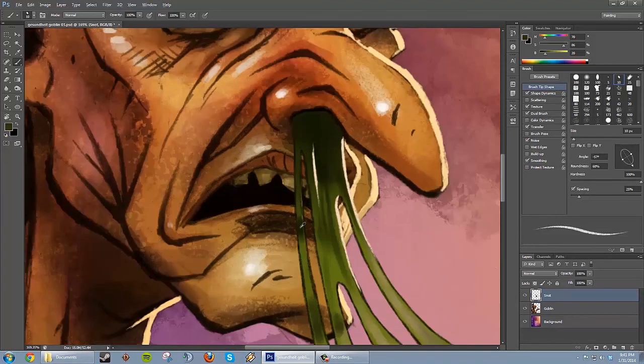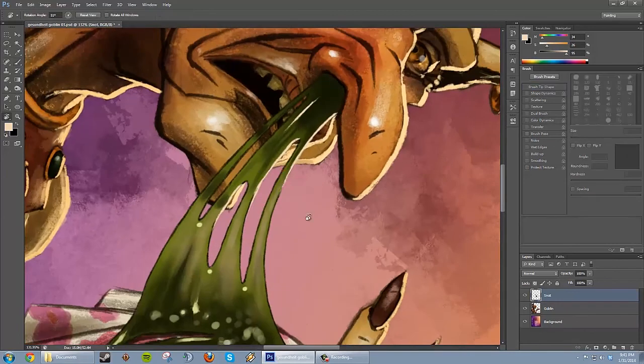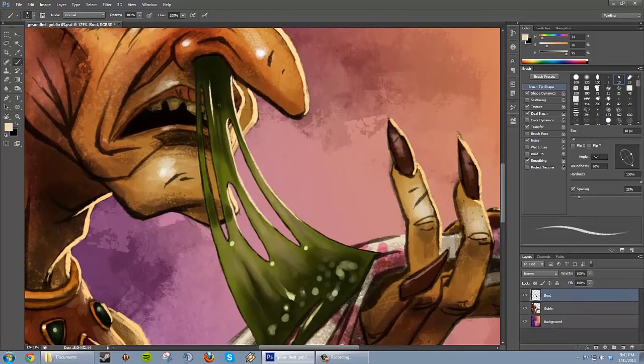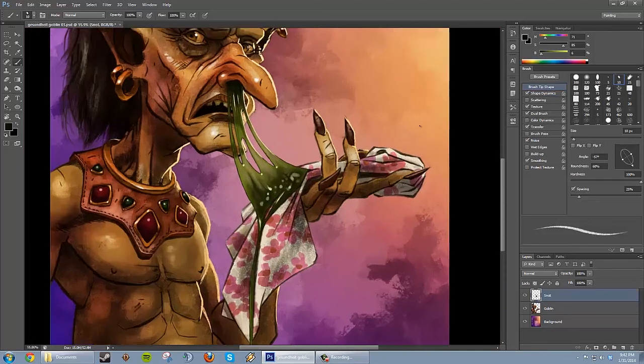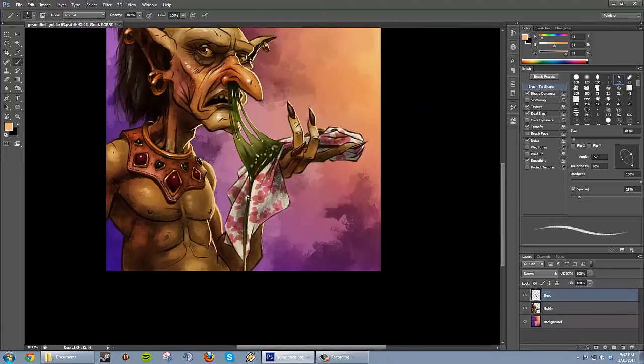But now I'm adding, there's a secondary light source in this scene, and it's kind of a rim light coming from the top right, so I'm adding that to the slime, and that's really making it pop. I think it's really integrating it into the scene nicely, and it's giving it more volume. And I'm going to add a little bit of rim light to that bottom trail there, and